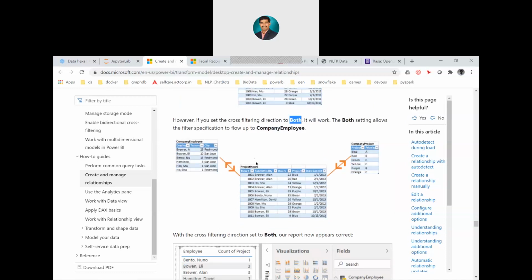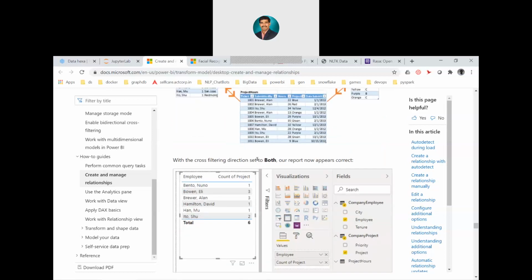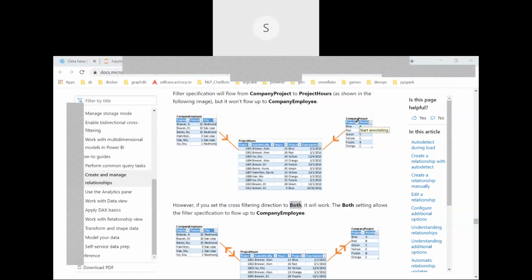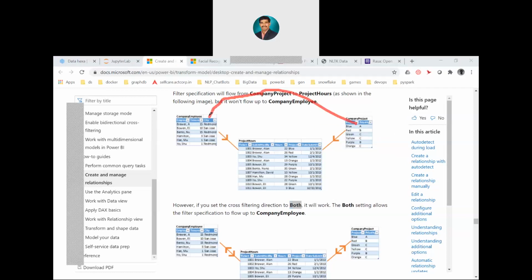Got my point? Subbu? Yes, I got it. So if you think like this table to this table communication is required, anywhere this table to this table communication is required, then if you provide a single direction it won't work.